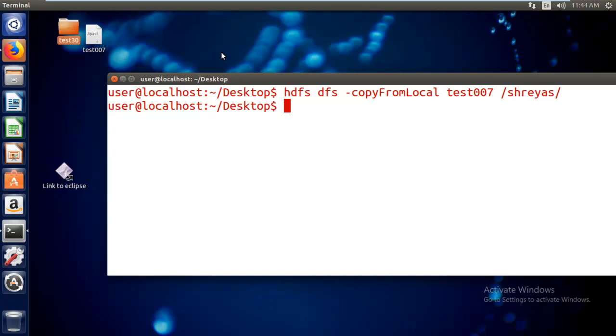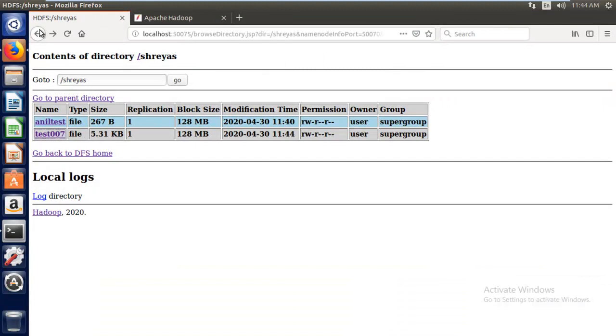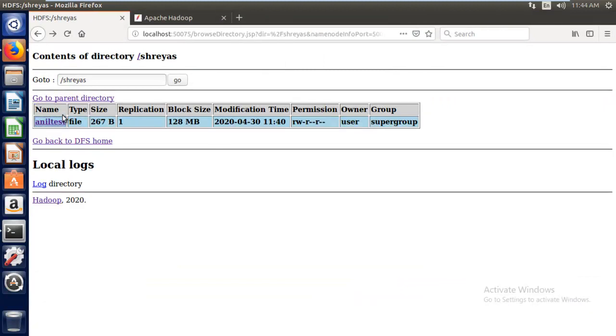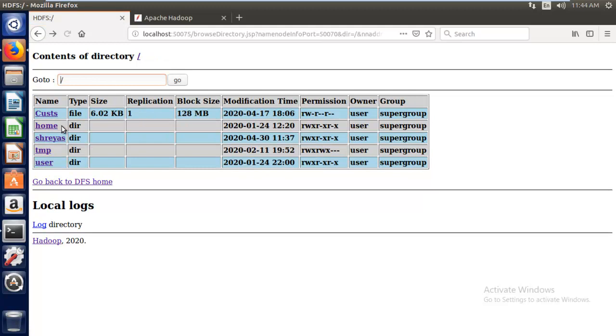Similarly, we can use the get command also, just opposite to this. Whenever you want to get any folder or file from HDFS to the local file system, nothing but the opposite of this, you can use copyToLocal, or you can simply say get. Both are identical. So for example, if you see here, I'm having a file called cust in HDFS. So how can I take this to the local file system?